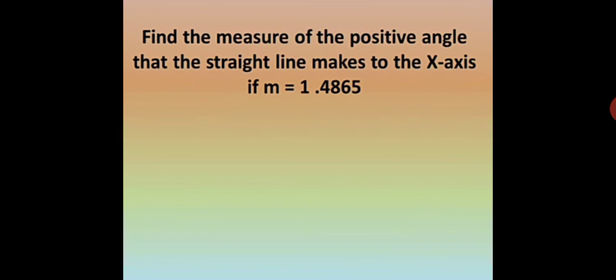The second example: find the measure of the positive angle that the straight line makes with the positive direction of the x-axis if the slope equals 1.4865. Here we are given the slope and I want the angle. The slope equals tan the angle E, which the straight line makes with the positive direction of the x-axis. This means tan E equals